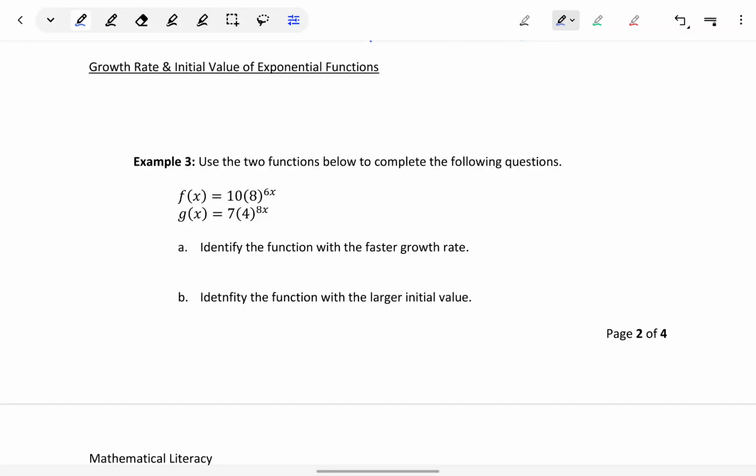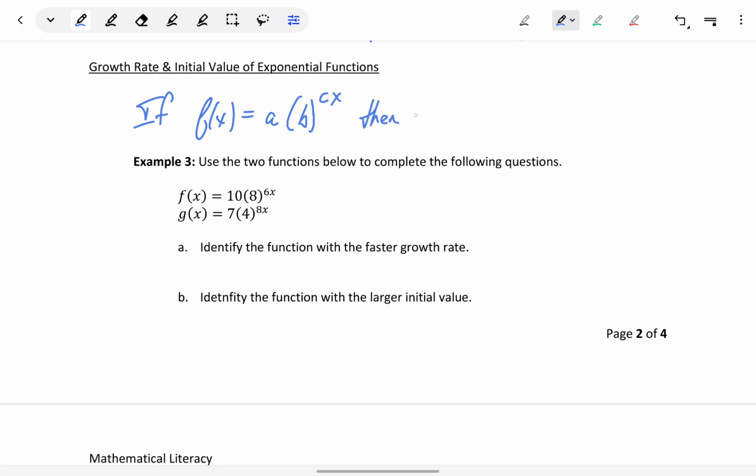We've introduced the growth rate of an exponential function, but now we want to look at how we can identify the initial value of an exponential function. If we have an exponential function, f of x is equal to a times b to the cx, where that value c would be the growth rate,